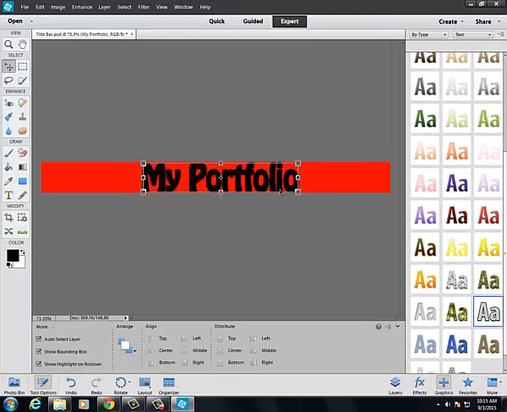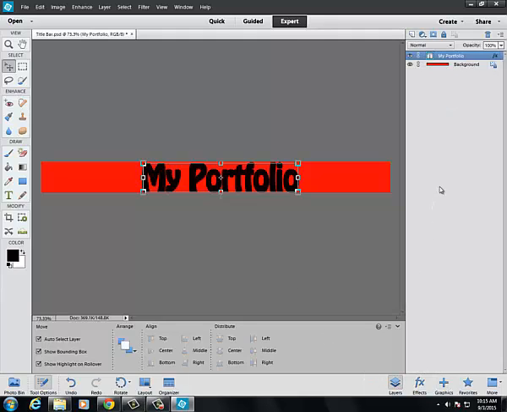Now notice it put a black outline on black text. That's no good. Doesn't look really good. So what can I do about that? If I go down to my layers and I open up my layers palette, you'll notice that now I have a text layer called My Portfolio, and I have this little FX that appeared there, meaning I have placed an effect on this layer. If I go ahead and double click the FX,